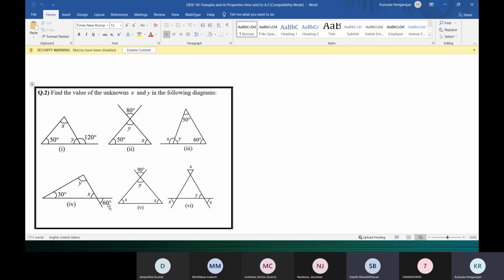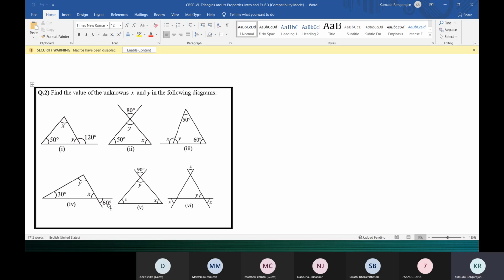Ma'am, but I have a doubt, ma'am. Yes. Ma'am, you told that whenever they mark a right angle in a triangle, they will mark it as a square, no, ma'am. But in the fourth figure, the y is equal to 90 degrees, and the marking has been given in a curved manner. Correct. If it is marked like that, that means it's given to be 90 degrees.